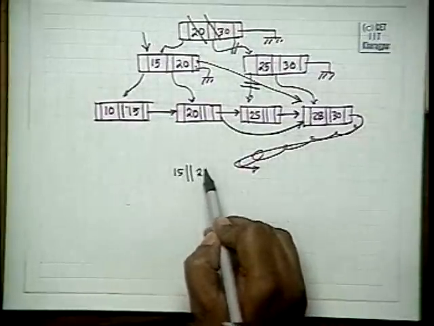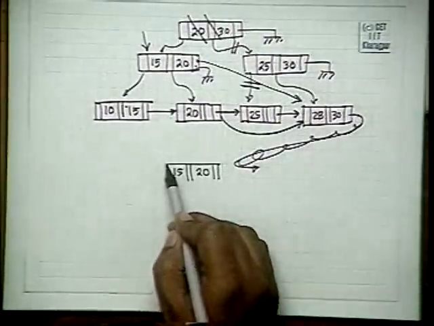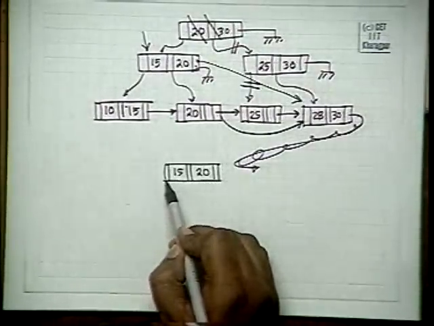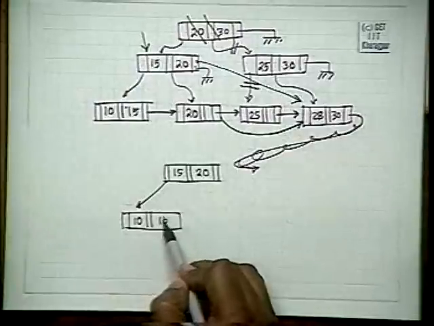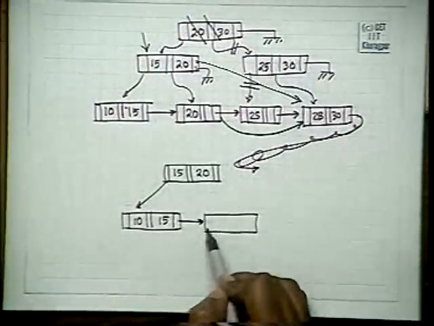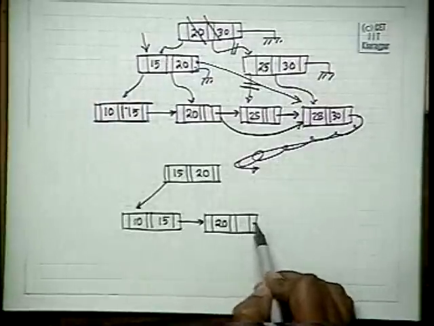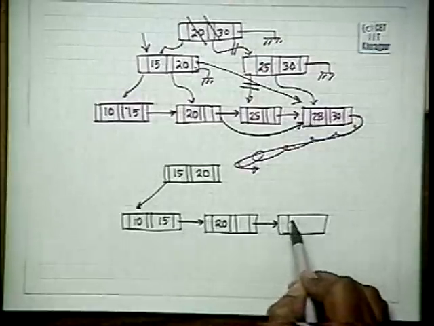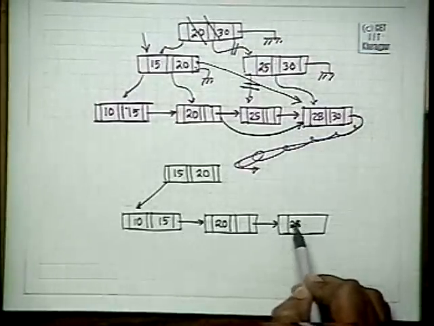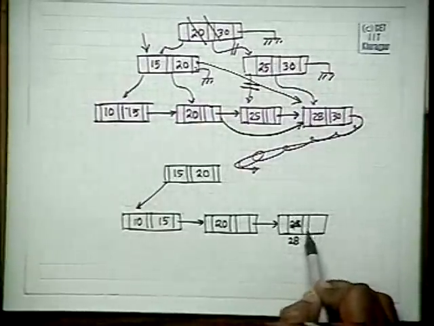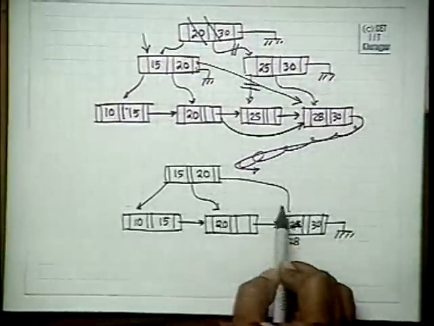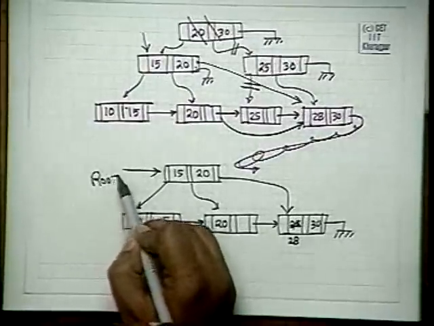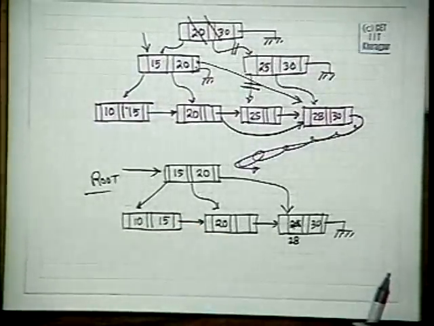15, 20, 10, 15, 20, 28, 30, root. So deletion is fine,